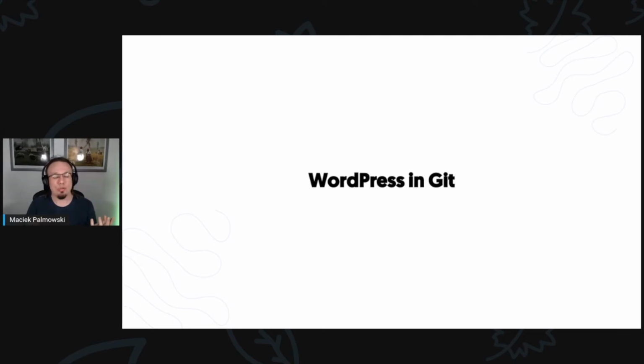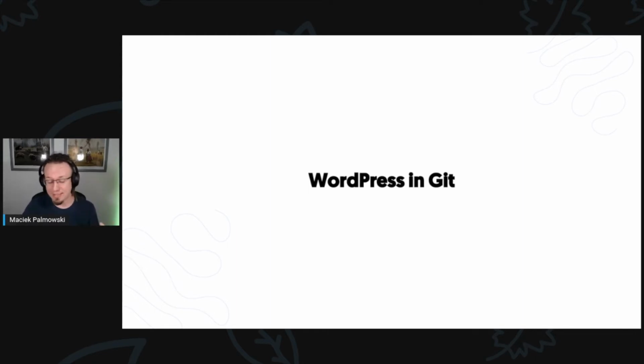Another approach is to store the whole wp-content folder without the uploads. But I would recommend one more approach, using Composer,